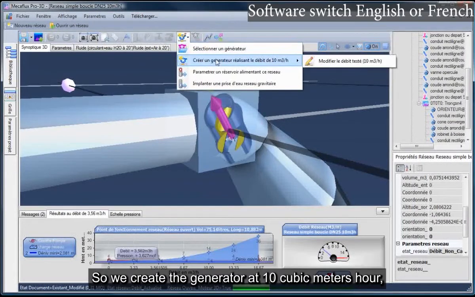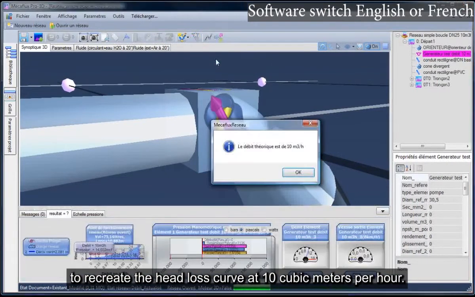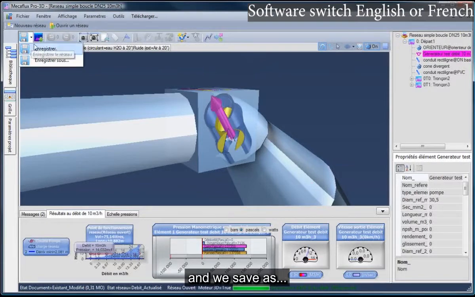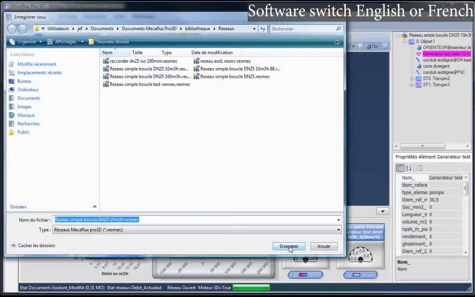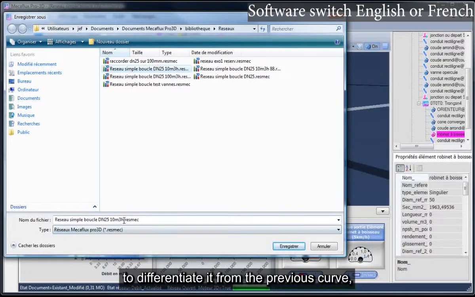So we create the generator at 10 cubic meters per hour to recreate the head loss curve at 10 cubic meters per hour. Here, and we save as. To differentiate it from the previous curve, we save with the mention 50 degrees.